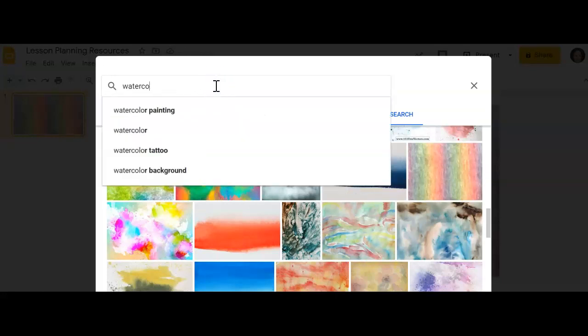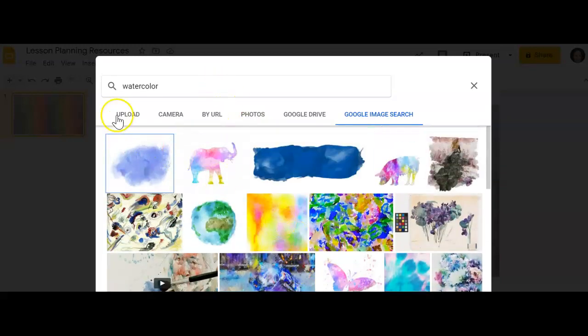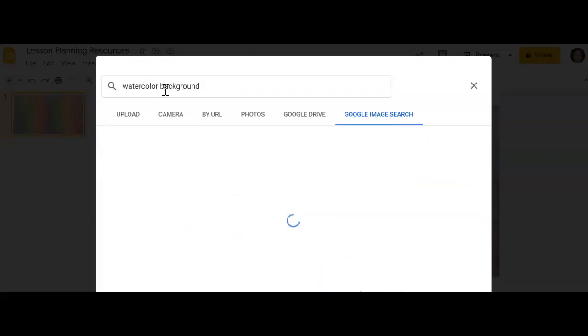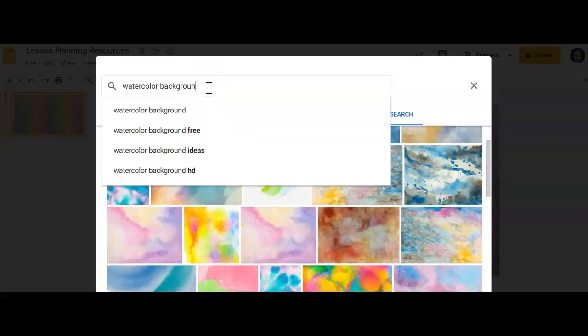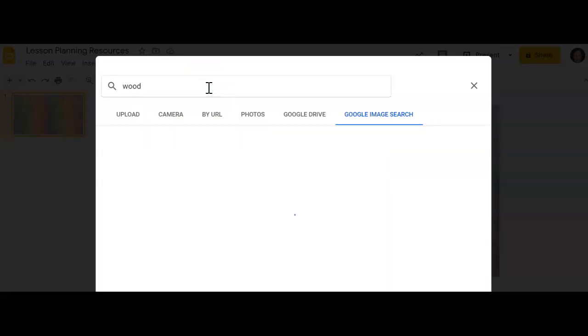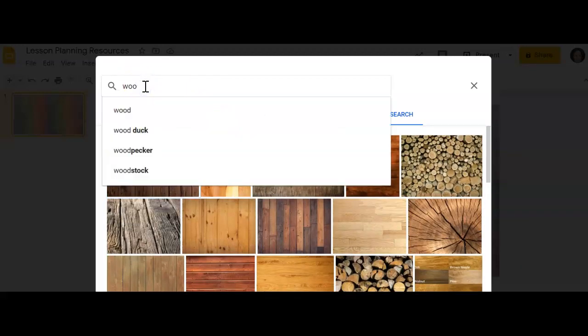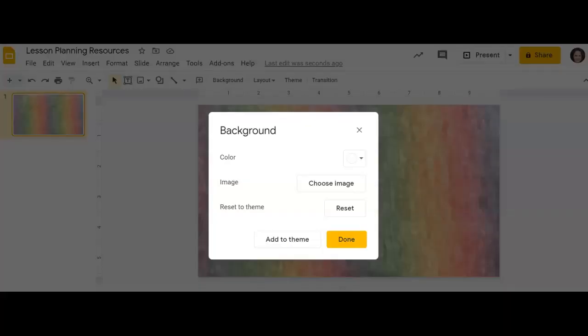Sometimes I've selected things like, if you just do watercolor, you can see that there's different images. Oftentimes, if I want it specifically for a background, I'll add the word background to assure that I get something that covers pretty much the majority of the slide or the canvas. You could select something like wood and get some different backgrounds to work with, or even something like corkboard. We'll see what we get. Say I want to select a simple corkboard image. I click on it and select insert,